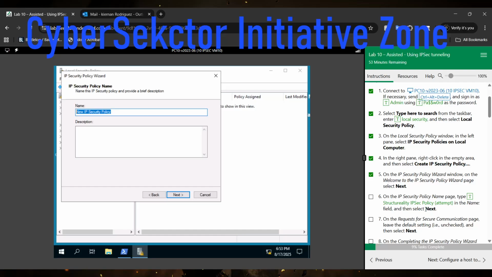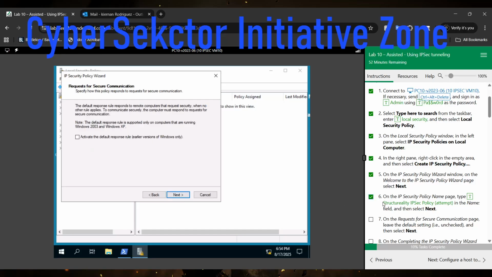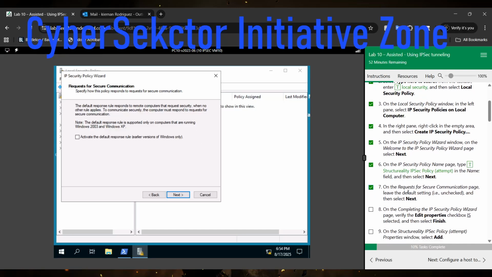What this will do is that we're going to create our new security policy that's going to prioritize our connection. So this is going to be the structurality IPSec policy attempt. You guys could name it whatever you want. You could do tech security policy or tech smart IPSec policy or whatever. So do that, click on next, and then once we're done from here, we have the requests for secure communications